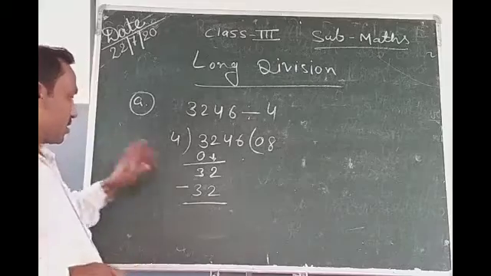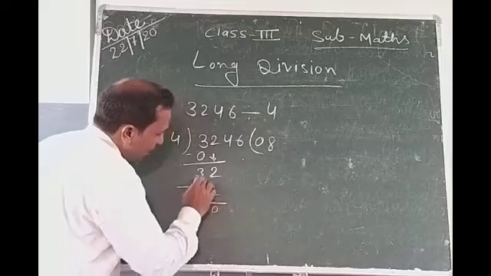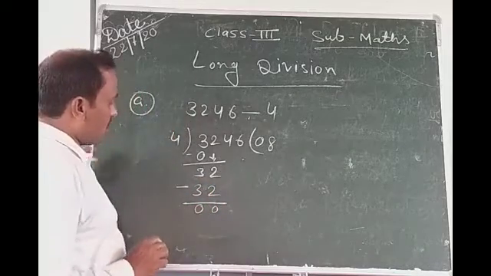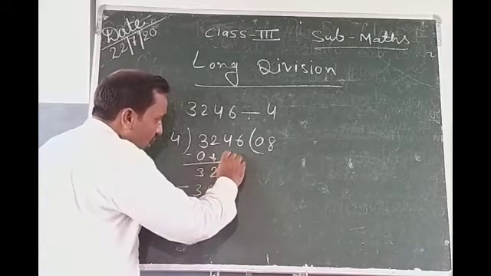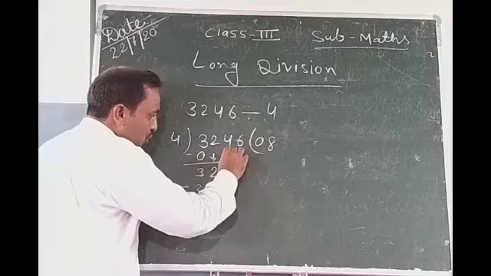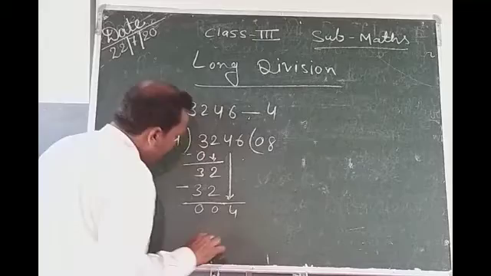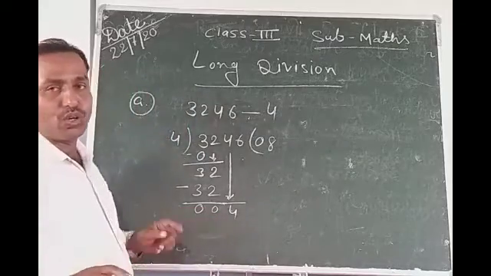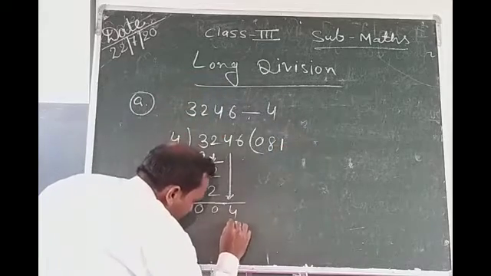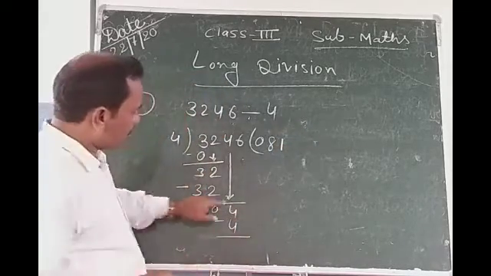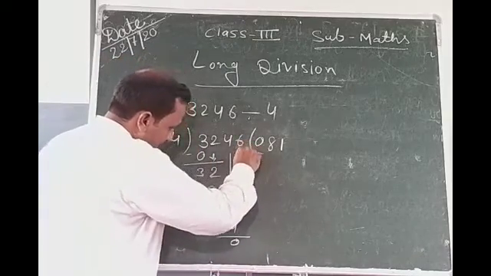And now subtract. 2 minus 2 equals 0 and 3 minus 3 equals 0. These 2 numbers are already completed. Now again you bring down one number from the dividend place. This one is 4, this one is 4. Again you read the table of 4, how many times is 4 coming? 1 time. So 4 1s are 4. Again you write 1 in the quotient place and write 4 down. It means 4 minus 4, then what is coming? 0.